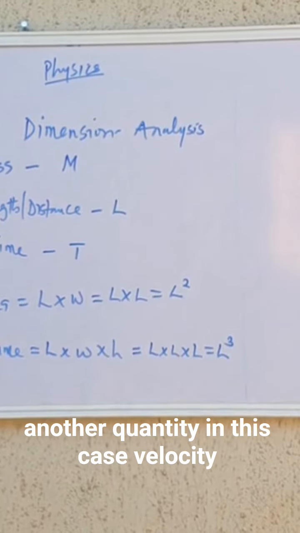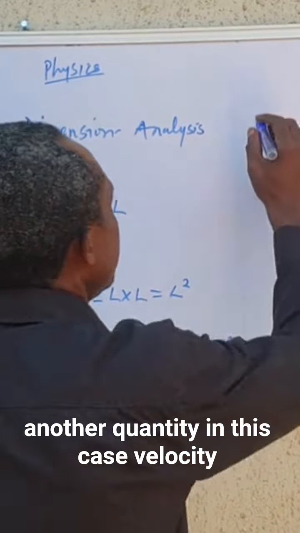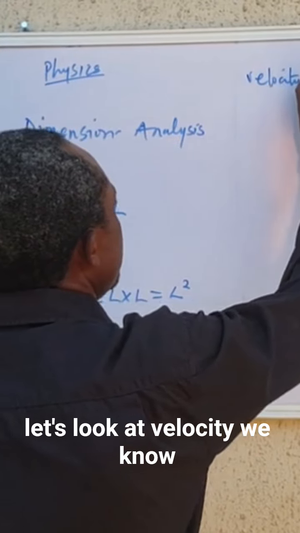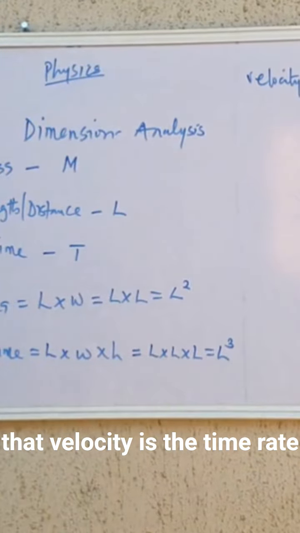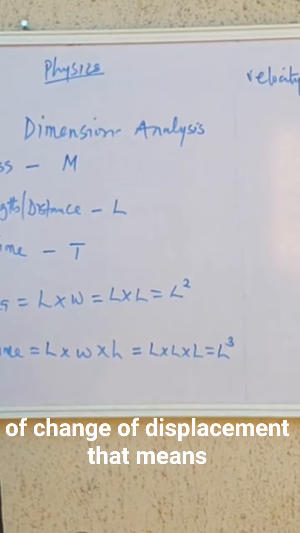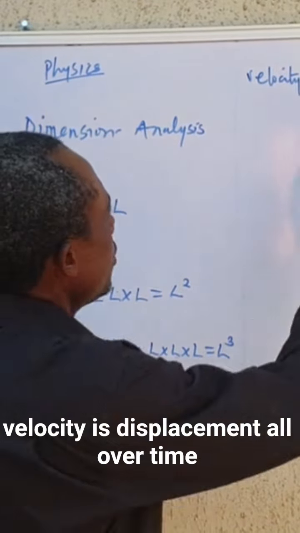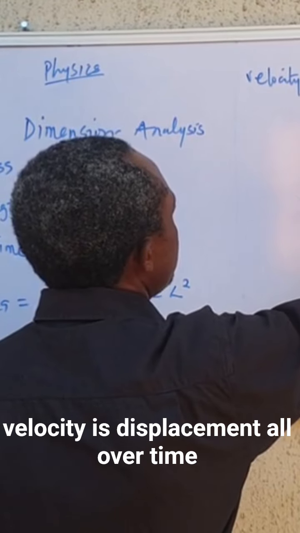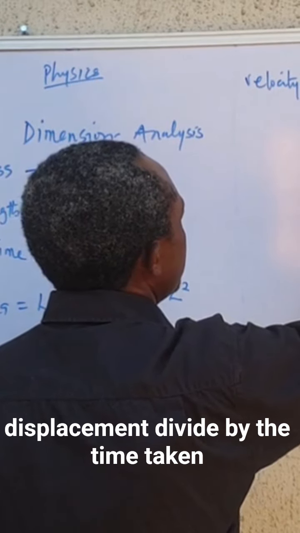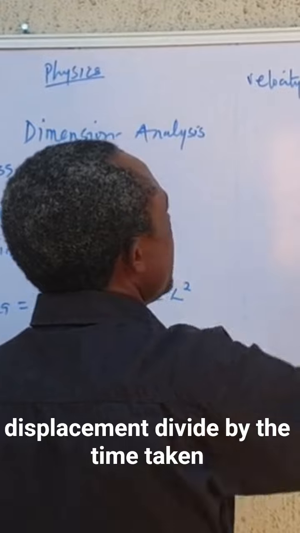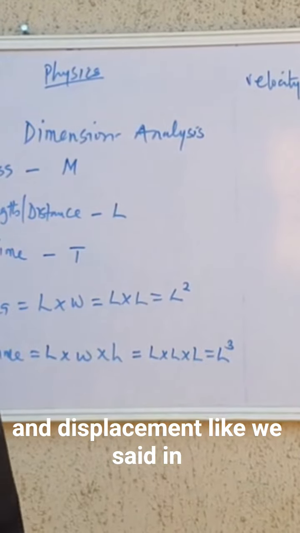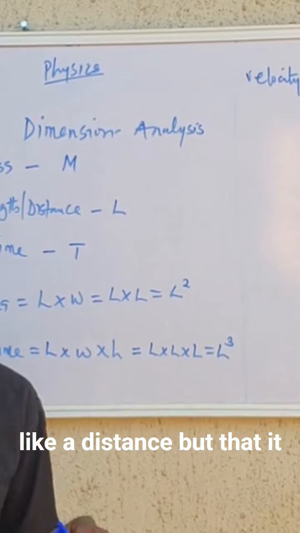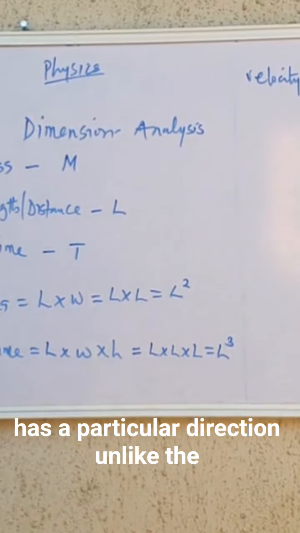Let's take another quantity, in this case, velocity. We know that velocity is the time rate of change of displacement. That means velocity is displacement all over time, displacement divided by the time taken. And displacement, like we said in one of our classes, is also like a distance, but it has a particular direction, unlike the other